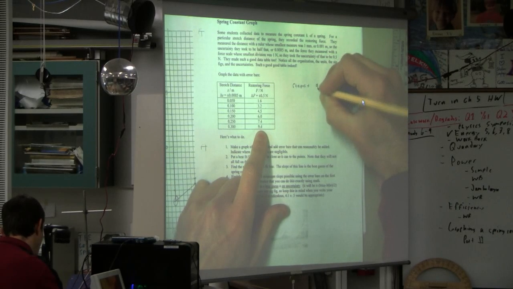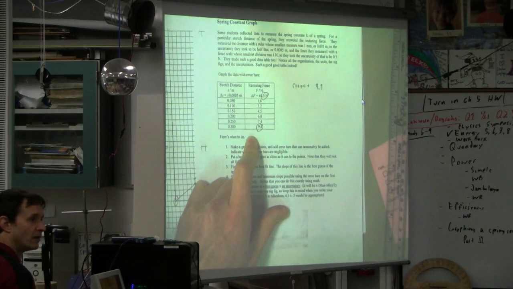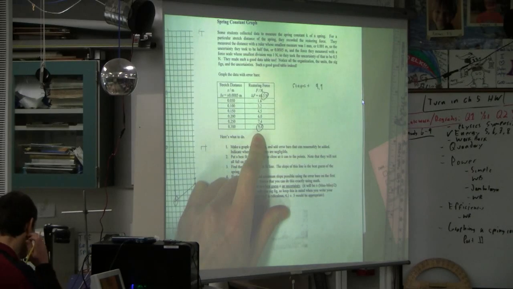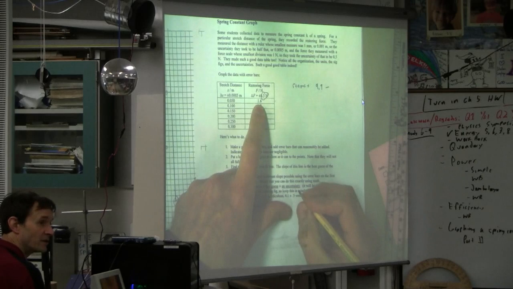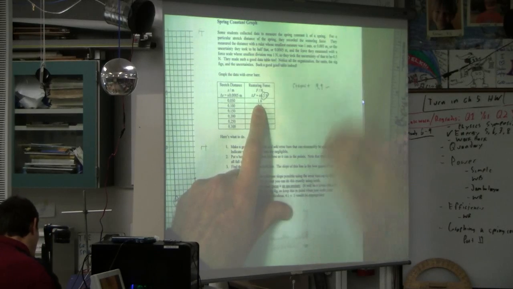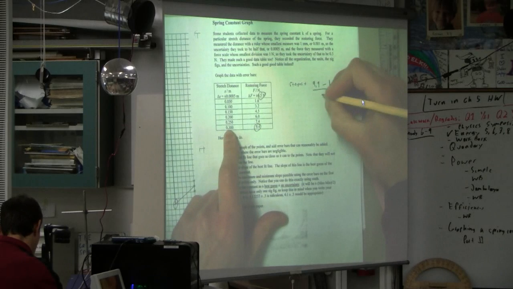So it's going to be 9.9, right? This number plus 0.5, right? So 9.4 plus 0.5, 9.9, minus the lowest number possible, right? So 1.6 minus 0.5 is 1.1, right? And then the run, I'm just going to say, is